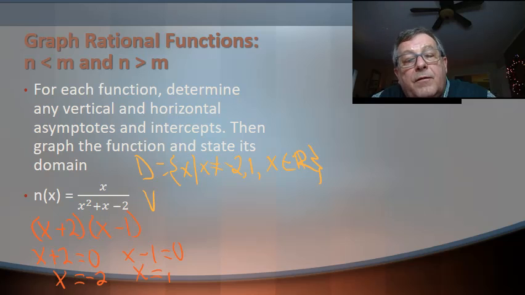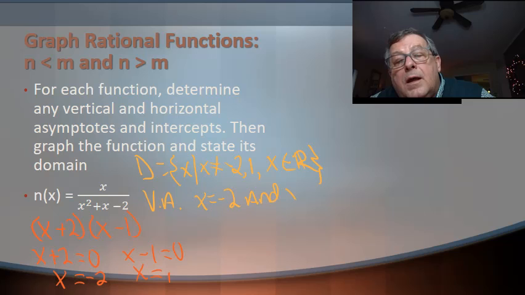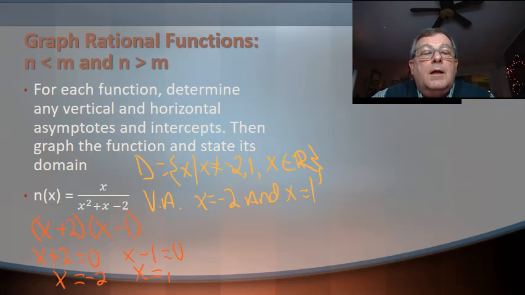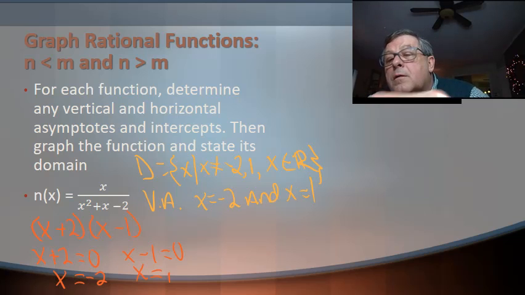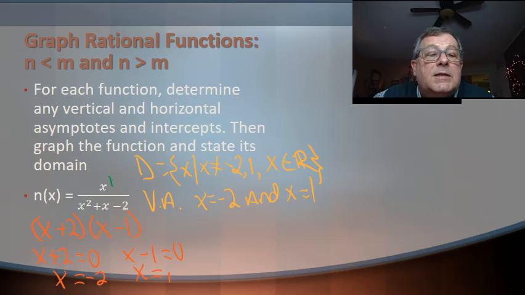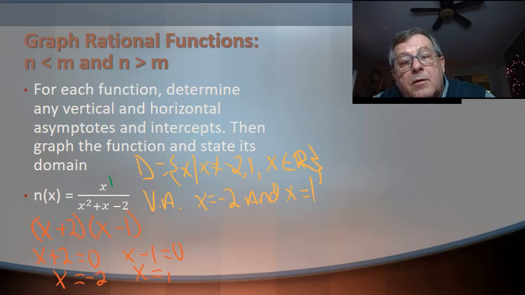And should have a vertical asymptote where x is equal to negative 2 and x is equal to 1. All right, before we get into the intercepts, let's think about the horizontal asymptote. Well, this is x to the power of 1 right here, and that is less than x squared. So my rule is if the highest power of my numerator is less than the highest power of my denominator,